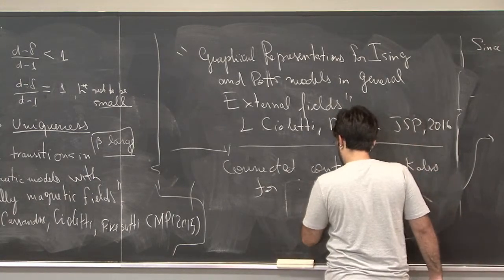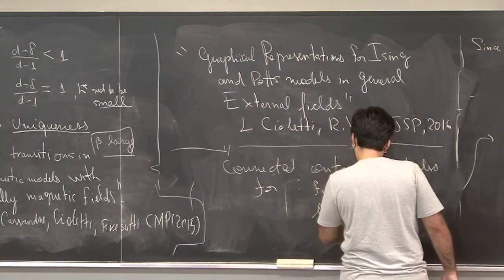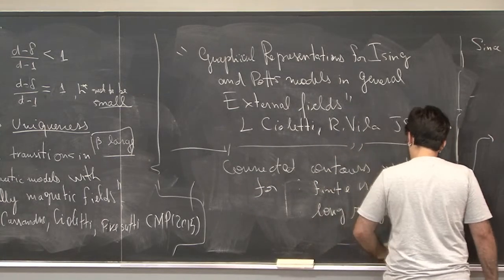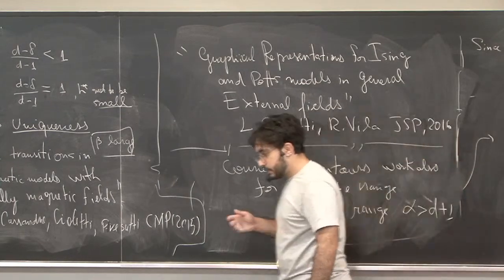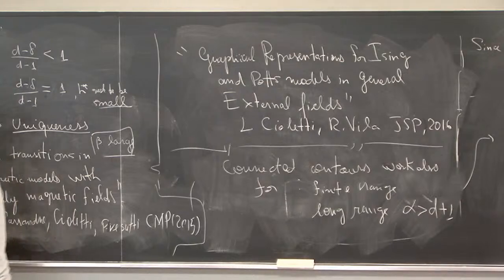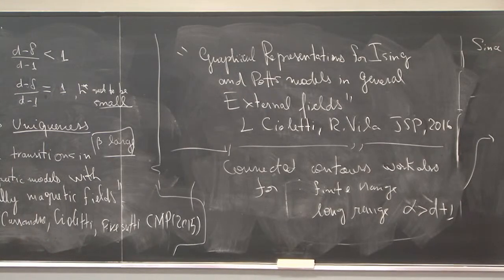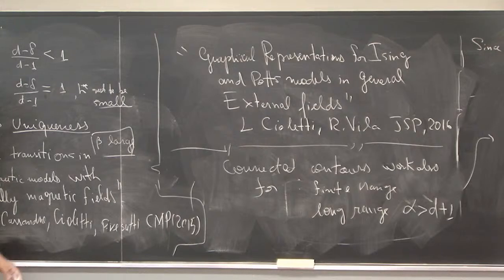And also long range, but with alpha larger than d+1. And this is actually the best you can do with these contours. Since the long-range Ising model makes sense for any alpha larger than d,